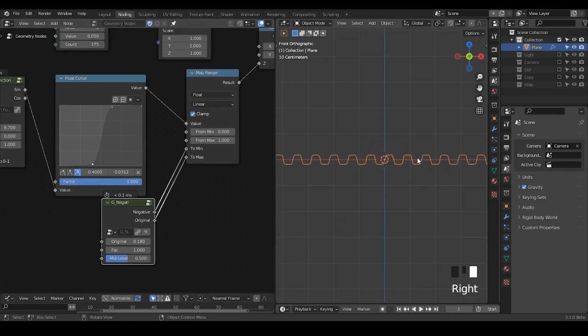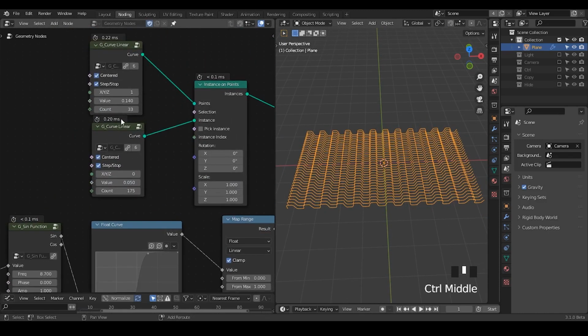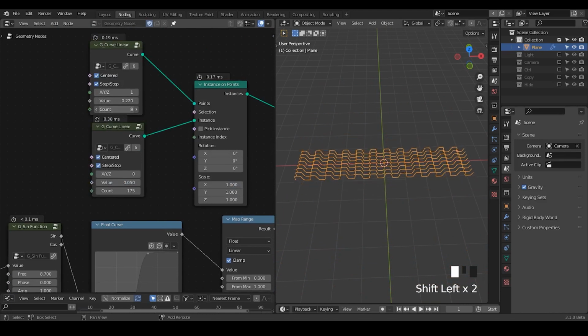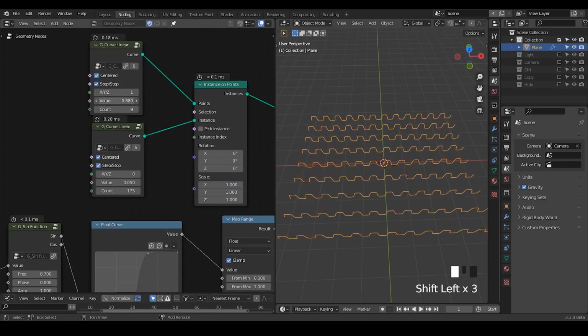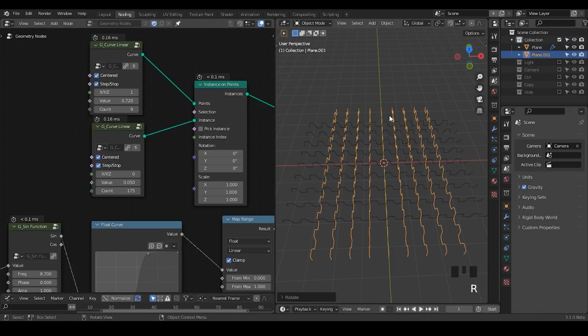So this is the pattern that we're getting, which is cool. And we're instancing that on different axes. So this is how it looks right now. You can decrease the count or increase the step. Okay. Next, I'm going to duplicate this group and rotate that by 90 degrees so that I have this kind